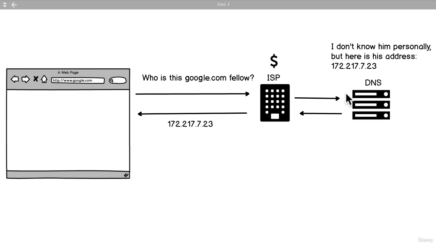And we'll get into that later on in the course, so don't worry too much about it, but essentially it's a phone book that has the list of all these URLs like google.com, and it has the addresses of them. So exactly like a phone book, they know where google.com is. So they say, hey, I don't know Mr. Google.com personally, but I do know his address. So you should go check him out. So they send that request back through the ISP, and the web browser, Google Chrome in this case, gets